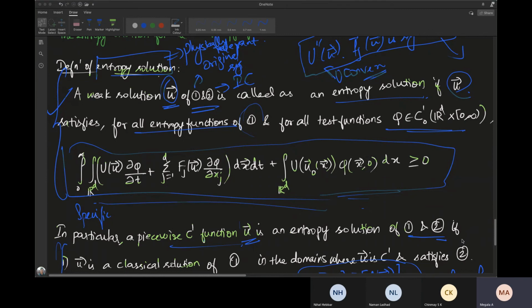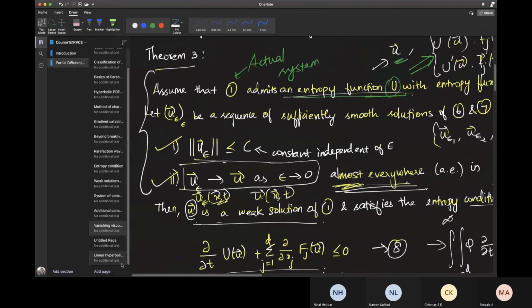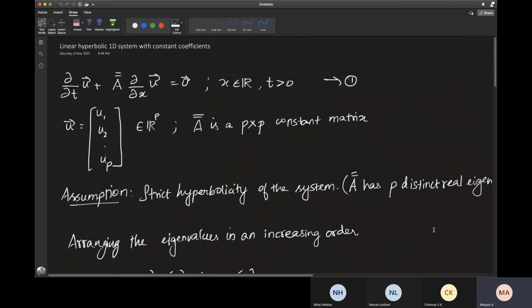So, can we start a new topic here? It would be nice if you could go through these things and come back probably next week sometime. We can have a discussion. I think now we have finished the entropy solution topic. So it would be nice to have a discussion at this point so that we can clarify all the doubts and then move to